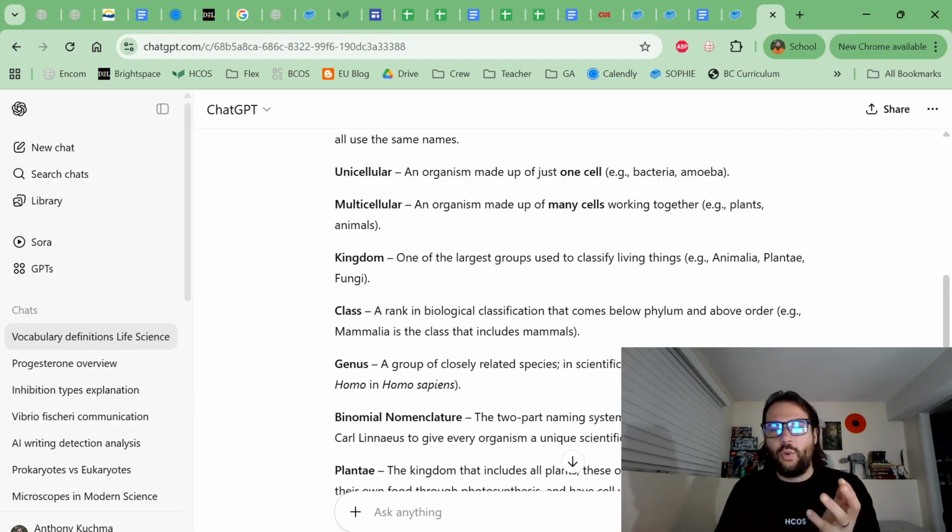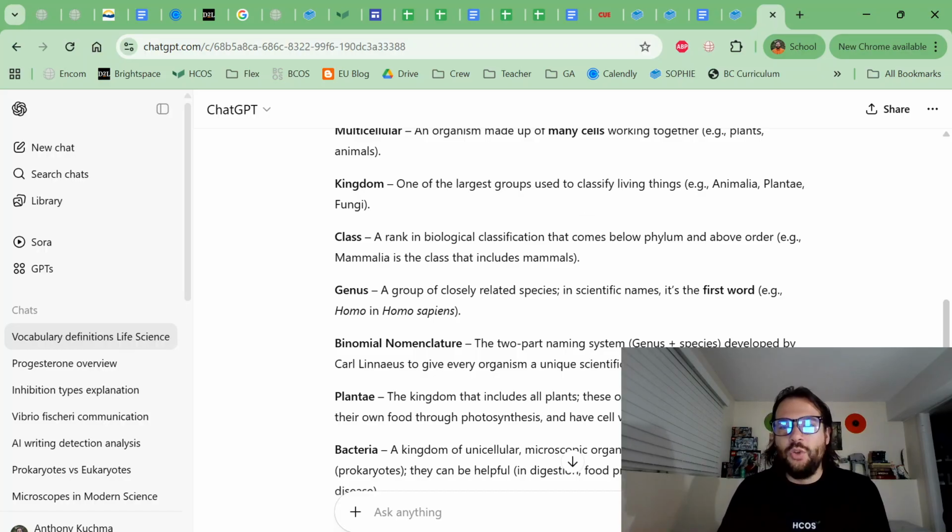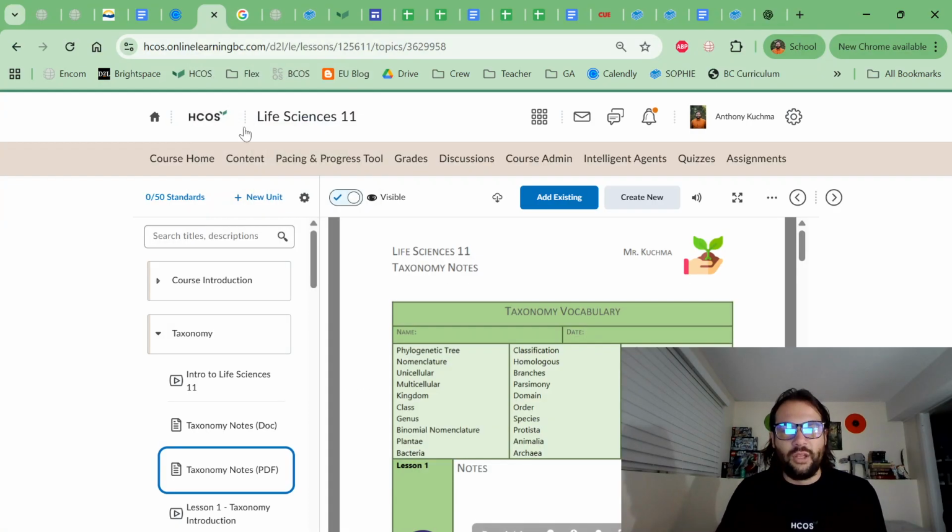So Kingdom, one of the largest groups used to classify living things, Animalia, Plantae, Fungi, it's actually missing one. So if you take a look at kingdoms, there's 4. Animalia is 1, Plantae is 2, Fungi is 3, but ChatGPT forgot about Protista. And Protista is important. So as you're going throughout the course, you can use this, but only for the lessons,